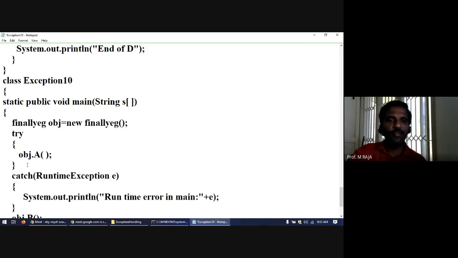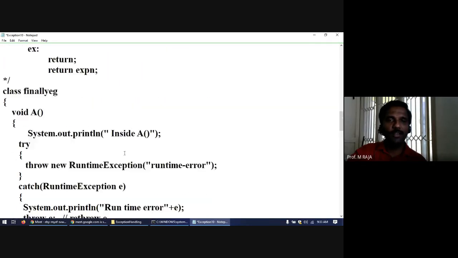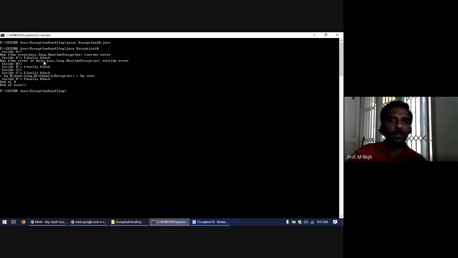First, what happens? We are calling object.a. In A, the message to be printed is inside A. Then throw new runtime error. Runtime error is printed here in the second line. Runtime error in